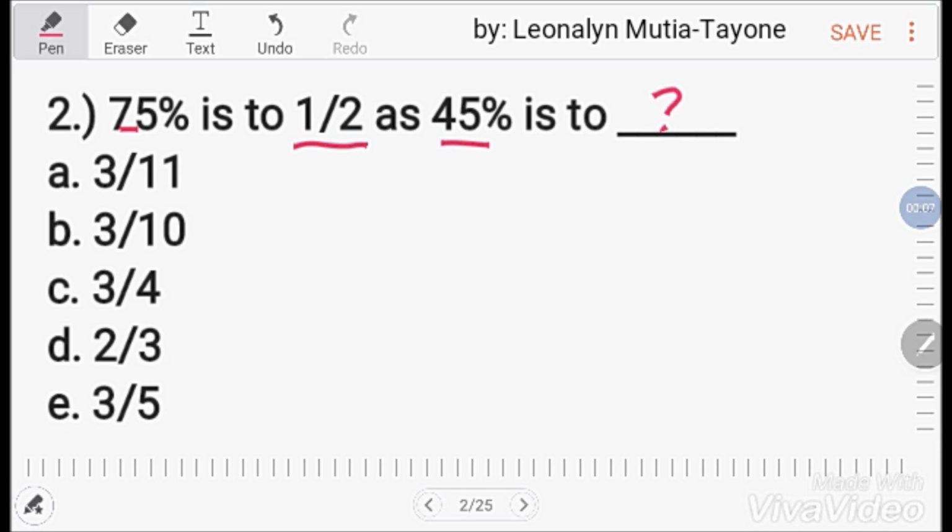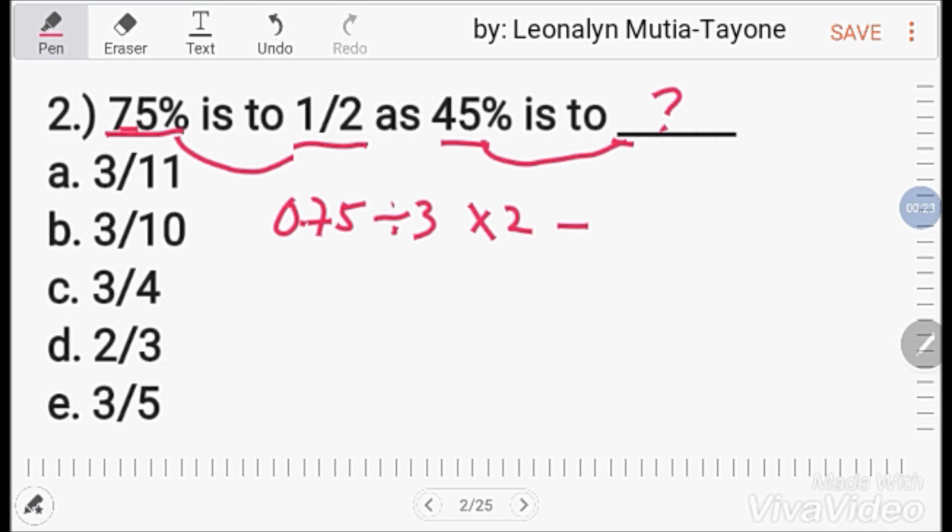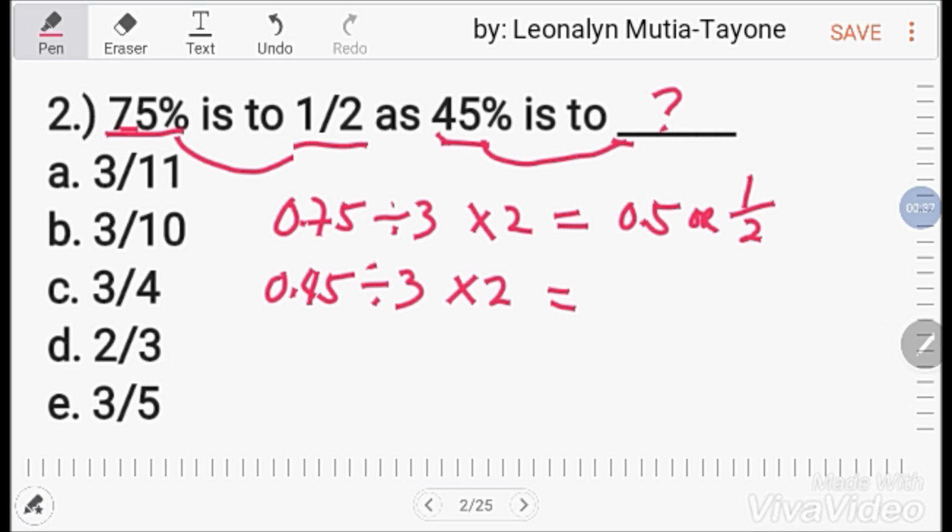Isipin nyo na lang, number analogy ito. So, isipin mo kung ano ang relasyon nitong dalawa at ano ang gagawin mo dito. Ngayon, kung 75% yan, 1/2 para sa akin, itong 75 na to, pwede ko siyang i-divide ng 3 at i-multiply ng 2. Ang kakalabasan yan ay 0.5 or 1/2. So, yan din ang gagawin ko sa 45%. I-divide ko rin siya ng 3, i-multiply ko siya ng 2, at ang kakalabasan nito ay